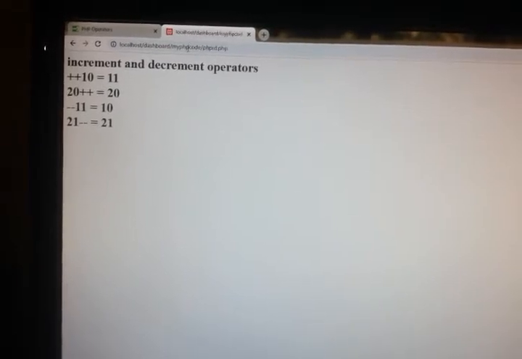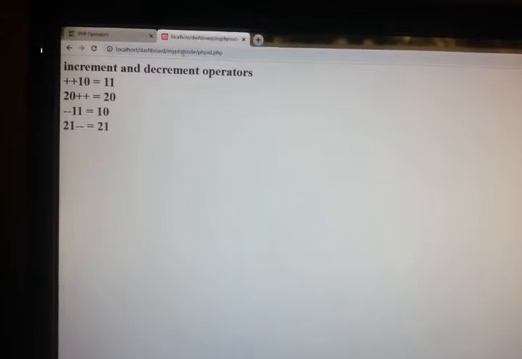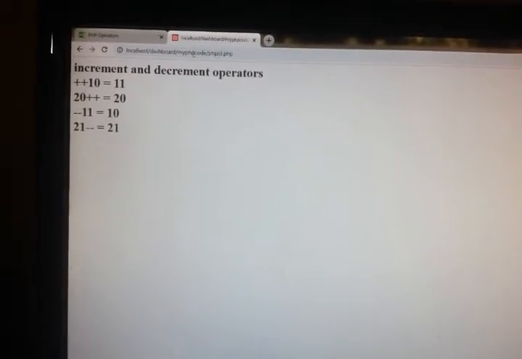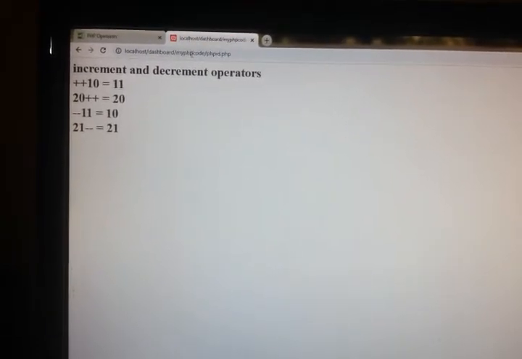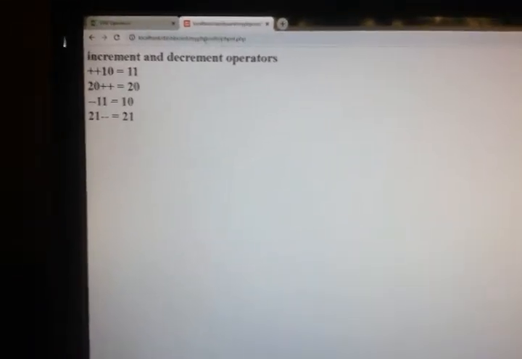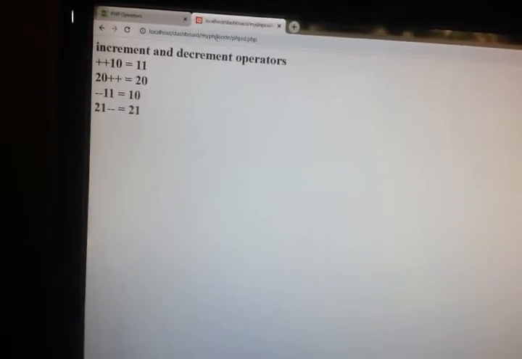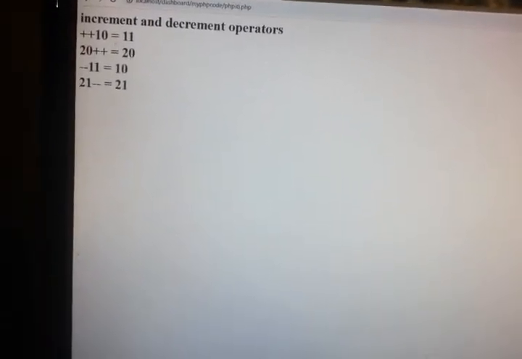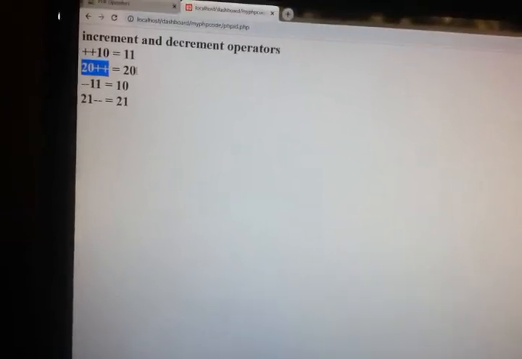Pre-increment of 10, I got 11. Then 20++, I got 20. Pre-decrement of 11, I got 10, and 21-- I got as, here actually 20++ I should get 21.